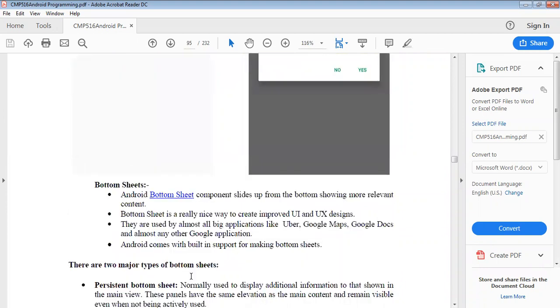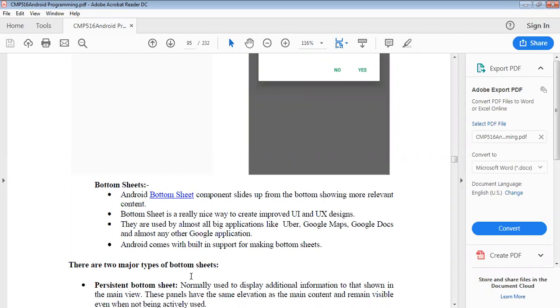Next, we can see the bottom sheet. Bottom sheet means what? In our Android, a bottom sheet is a component that slides up from the bottom, showing more relevant content. So the bottom sheet is a really nice way to improve the UI and UX design.